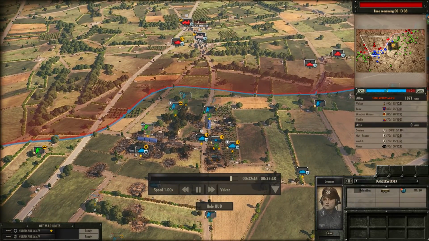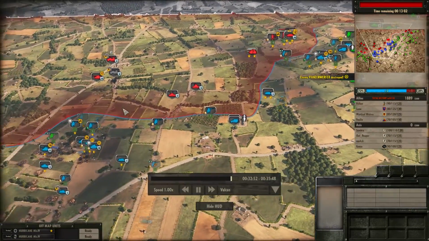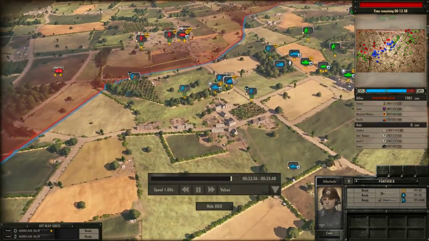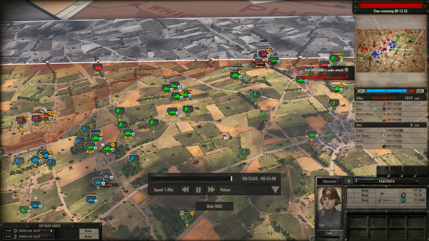And if I can start to pick off those Panzerwerfers, that will make my life a lot easier on the left side. Because the last thing I want to do is have to engage a Panther D whilst being hit by a Panzerwerfer. That would be really quite bad. Anyway, with our team doing very, very well on the right side,